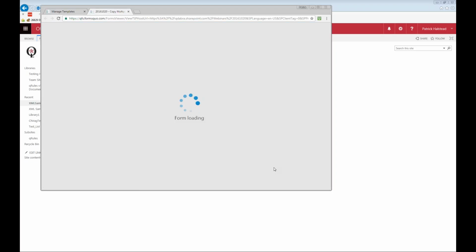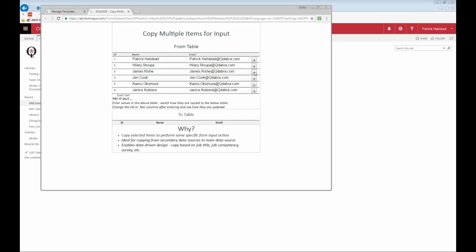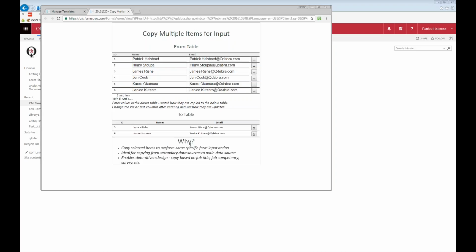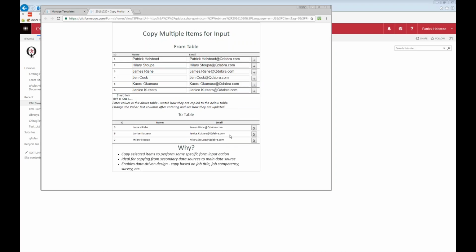Now this is actually kind of interesting because there are times when you want to pull values in from a secondary data source, and you don't want all of them. And this is very common if you have a survey or a checklist, or you want to select, here are the approvers. You're going to query a list, and you could have more than 7 items in there, or more than 6. You could have 100 or so, and you're going to have somebody select these items, right? And then you want to copy it into the main data source. So what we're doing is we're allowing you to select items and copy them in, and the main data source is